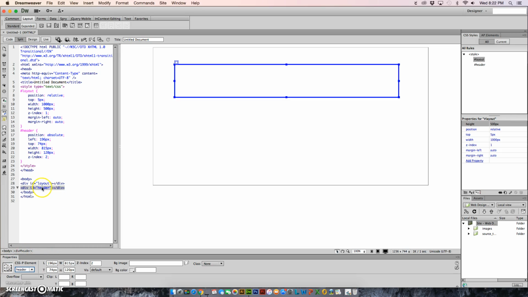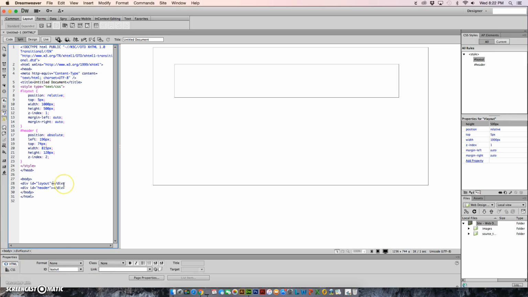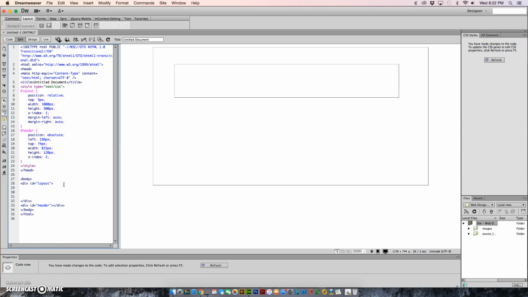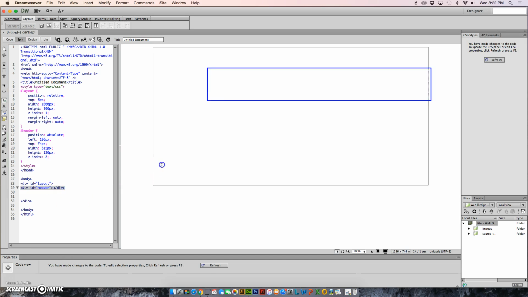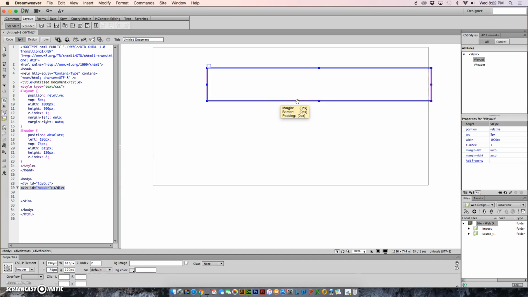But this is where it starts to get a little bit tricky for some people. If you look over here in your code, you can see the opening and the closing div tags for the layout. I'm going to hit enter a couple of times to give some space between the opening and the closing. And then I'm going to select the opening and the closing header, and I'm going to just drag it right there. Okay? Now, it probably is going to move yours a little bit on your page, and that's okay,